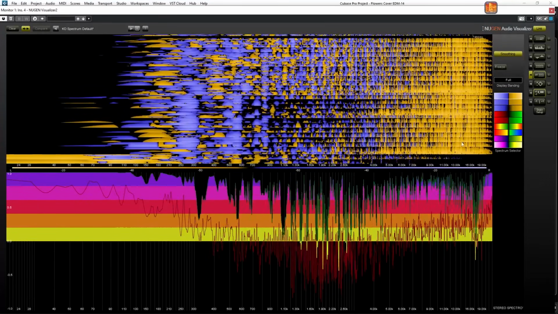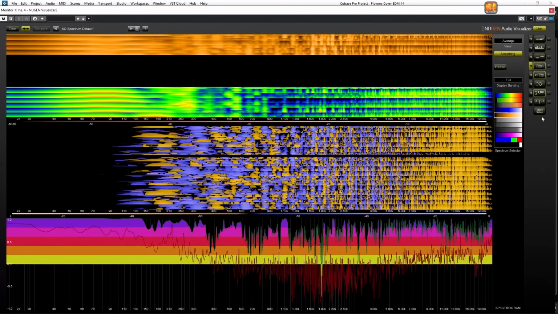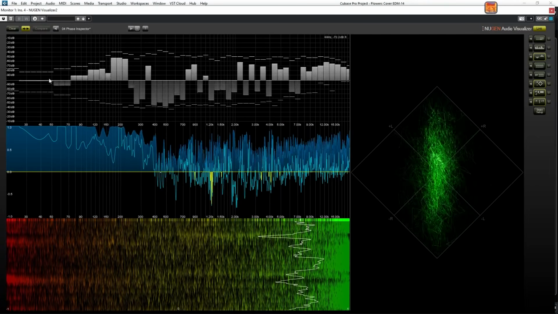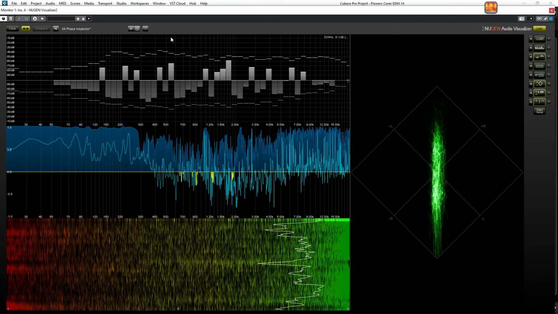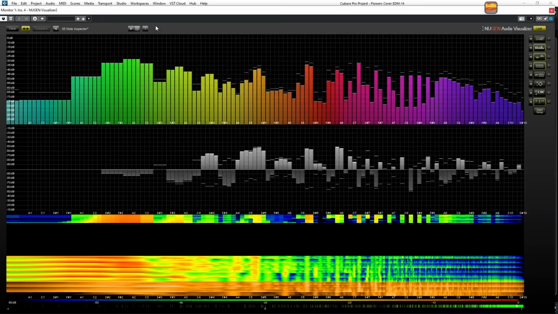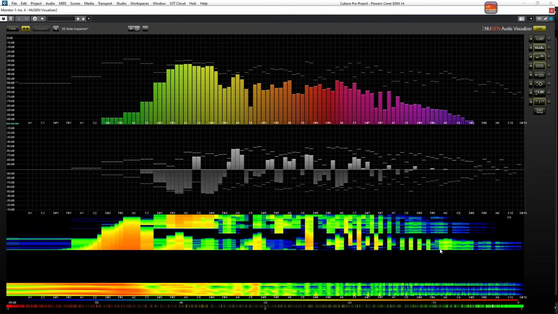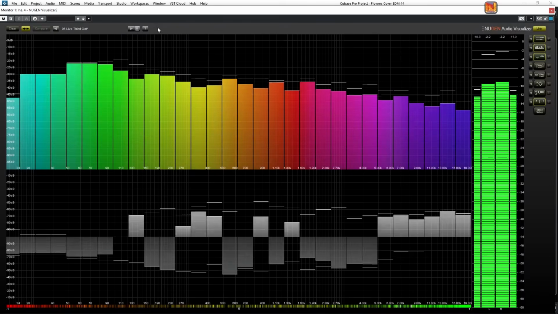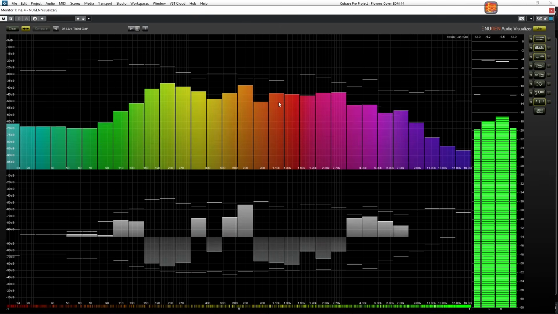So a lot of these graphs will help you out in the long run. Now there are many more presets installed that are meant for different types of work. So here I have the phase inspector. It shows you all the phase correlation plugins, and the vector scope as well. We have note inspection, so now you can see all these graphs based on notes. Live octave thirds, so we have faster response, and we're looking at the octave thirds. We have mastering,